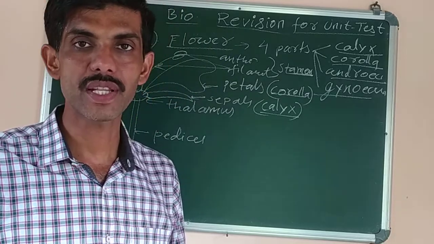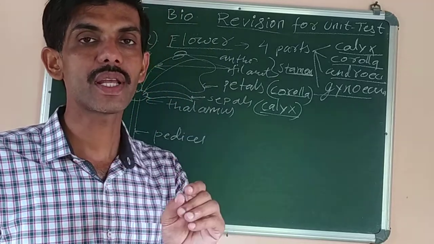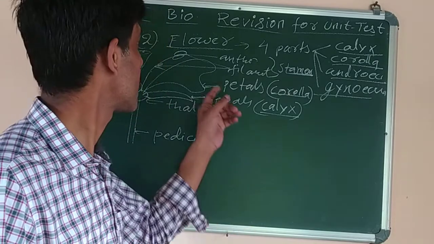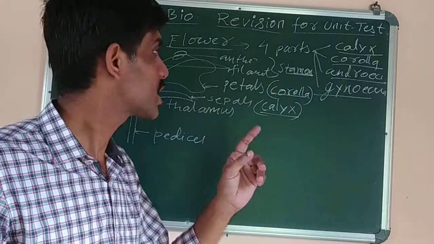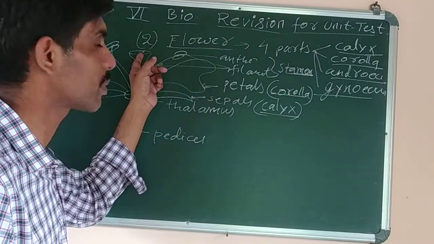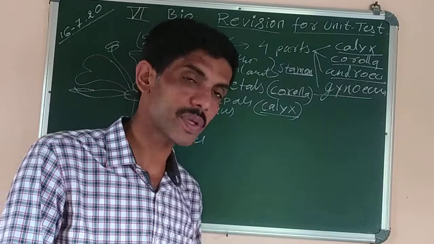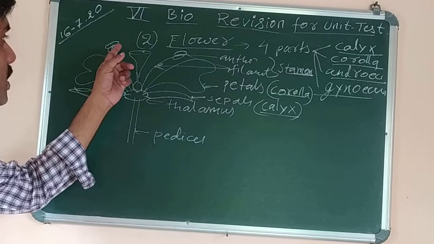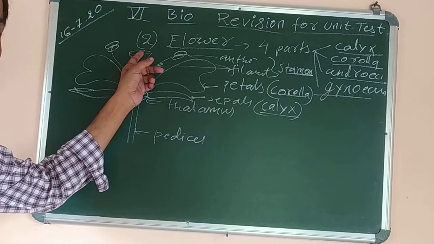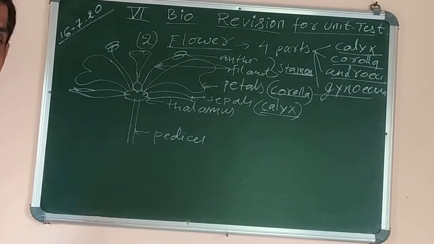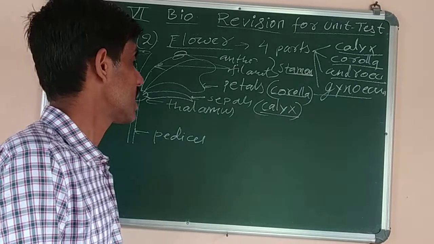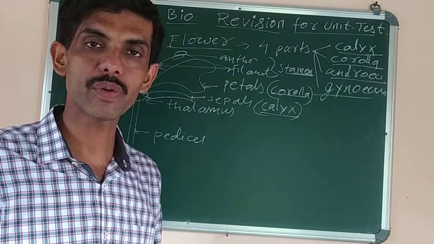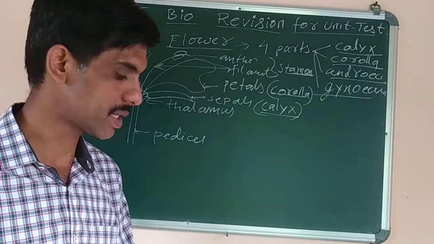Then what is pollination? It is the transfer of pollen grains. Pollen grains are the male reproductive cells or gametes which are produced inside the anther. The transfer of pollen from the anther to the stigma is called pollination. There are two types of pollination: self and cross pollination. Self pollination means transfer of pollen within the same flower or between two flowers of the same plant, whereas cross pollination involves two plants, in which pollen is transferred from one flower to another on two different plants, not the same plant.